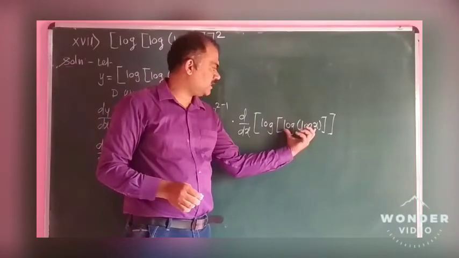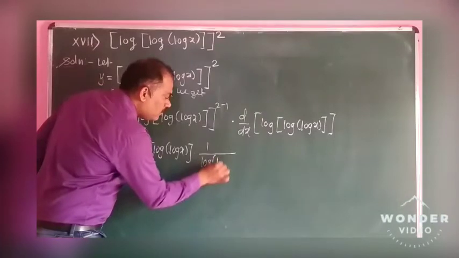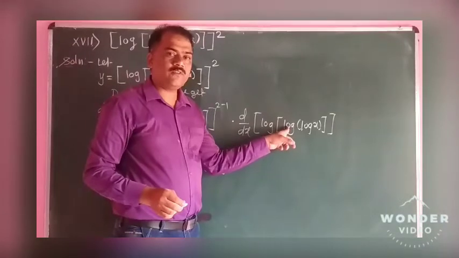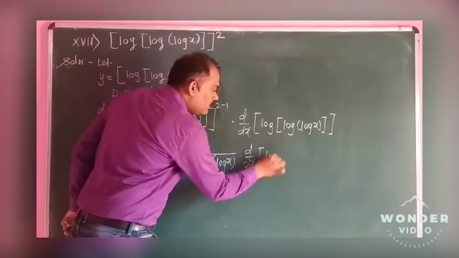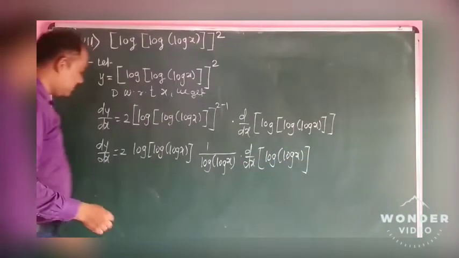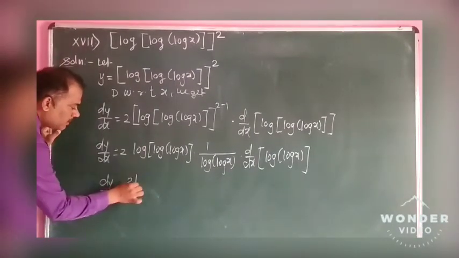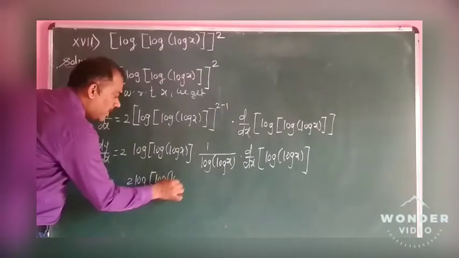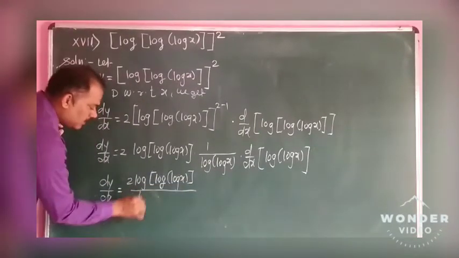The value of x is nothing but this one, into 1 upon log x into, now we have to take the derivative of this log x into d dx of log x. That is dy by dx is equal to 2 into log x divided by this one,